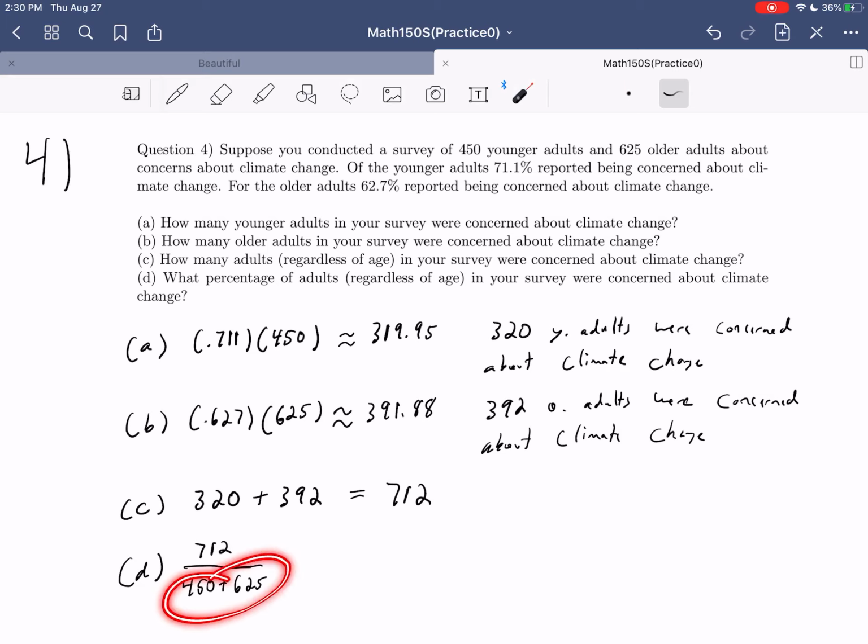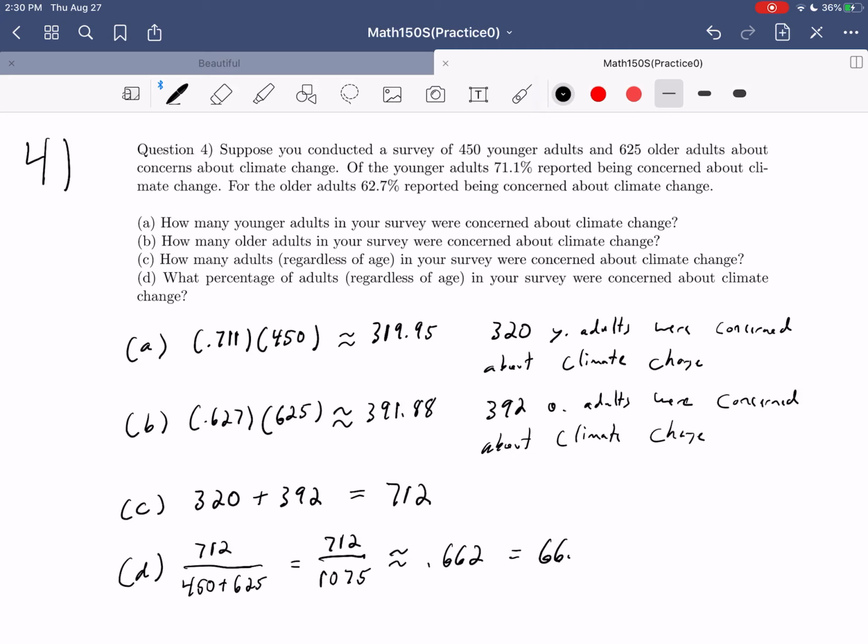Why are we combining these? Because it says percentage of adults, not of younger adults, not of older adults, but out of all the adults we talk to. So this would be 712 divided by 450 plus 625. That's 1,075. Then we actually do that division. We should get approximately 0.662, and then that would give us 66.2%. So 66.2% of people that we talked to, forgetting about what age they were, turned out to be concerned